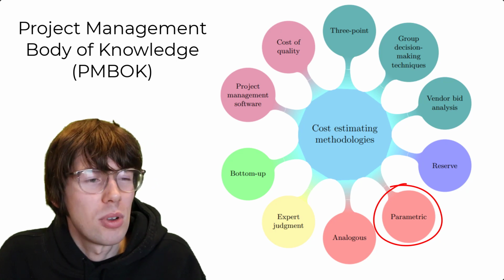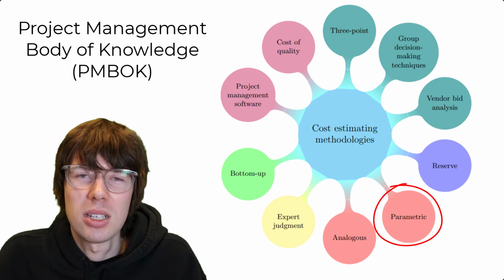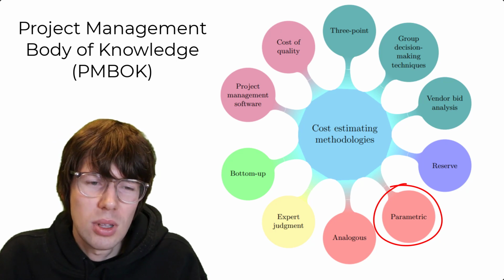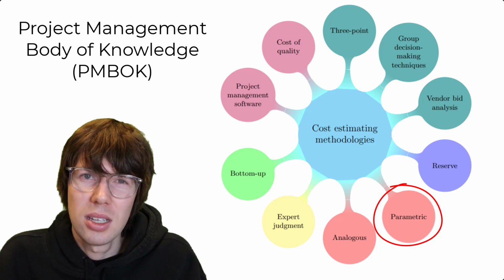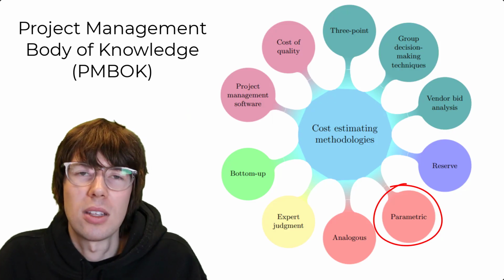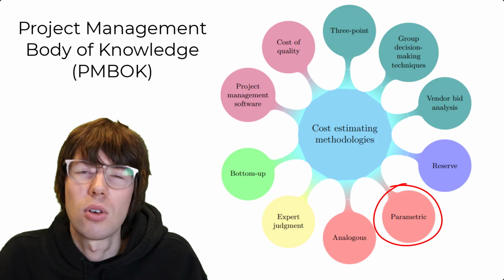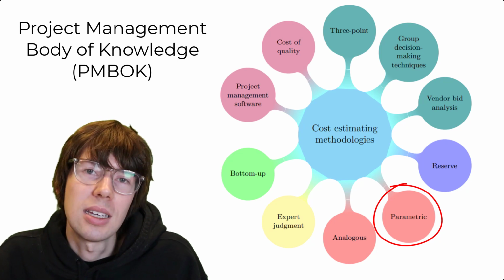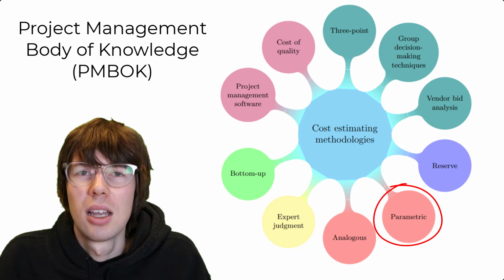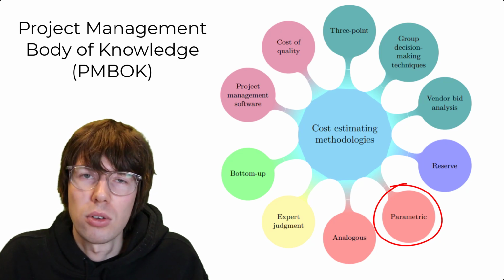Actually, from a theoretical point of view, I would say that parametric cost estimation is the superior method compared to these other ones. Parametric cost estimation could actually mean anything, but in practice it almost always means one thing: you run a cross-sectional ordinary least squares regression analysis, where you have the project costs on the left-hand side, or alternatively the cost of a particular work package if you are combining it with the bottom-up approach. So the cost is on the left-hand side of the equation, and on the right-hand side, you have different cost drivers.